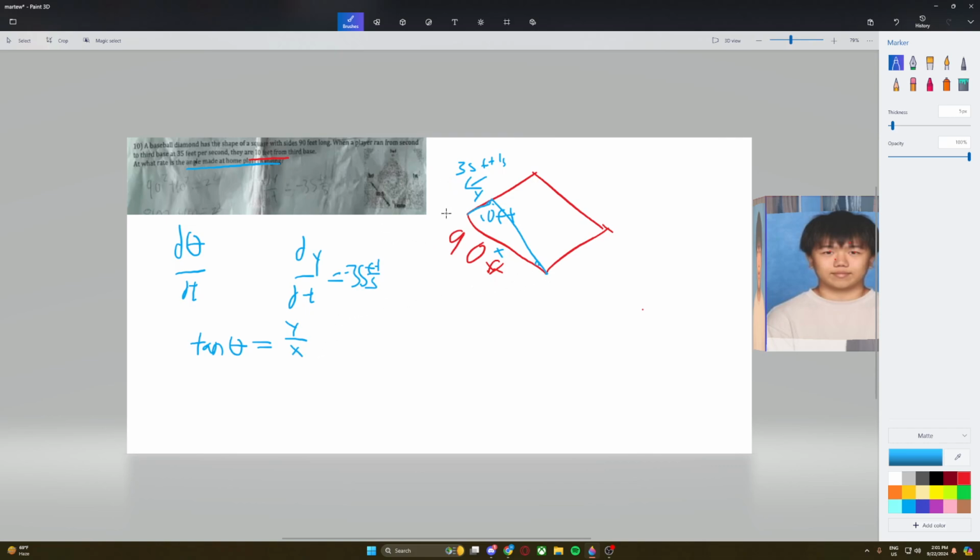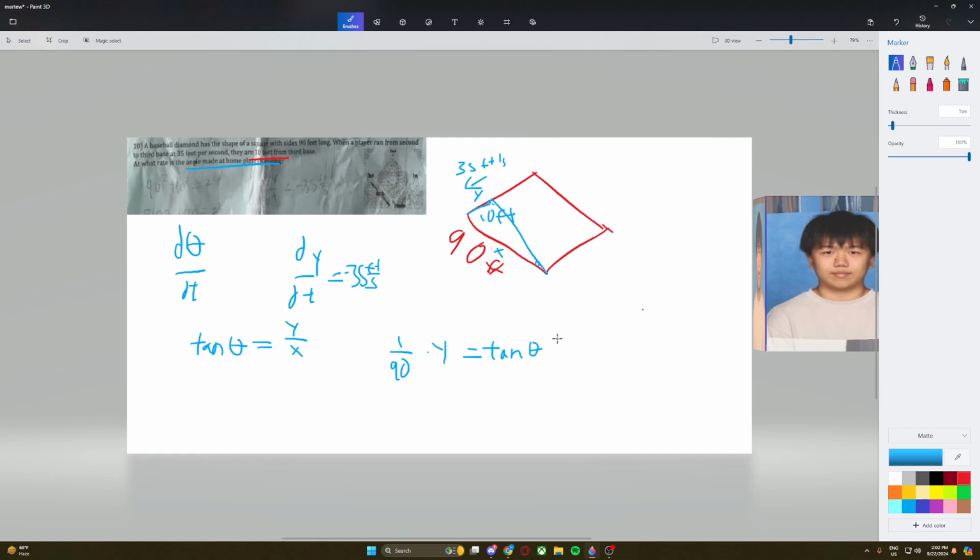And since x is a constant, we can just plug that in. Actually, it's fine. So 1 over 90 times y equals tan theta,